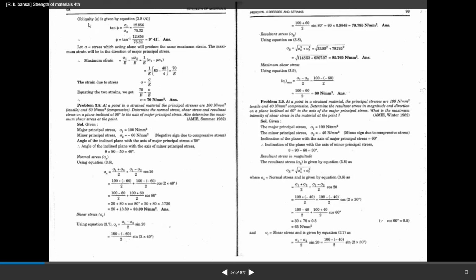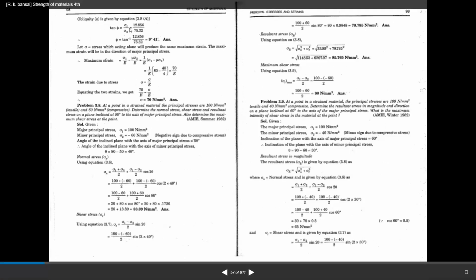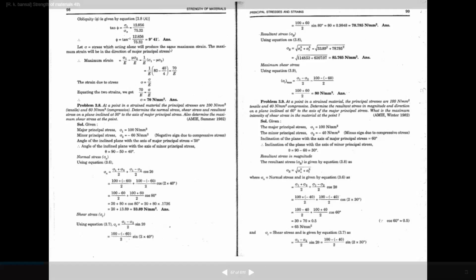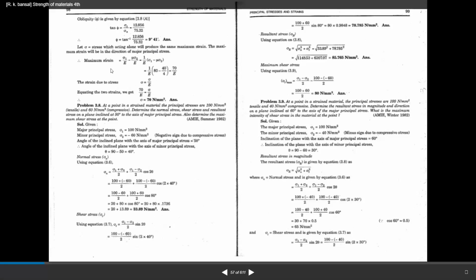Obliquity, that means inclined, tan phi equal to sigma t by sigma n. Substitute this value to calculate the phi value, tan inverse of, finally 9 degrees 41 minutes. And let sigma stress which acting alone will produce the same maximum strain. The maximum strain will be in the direction of major principal stress. Maximum strain